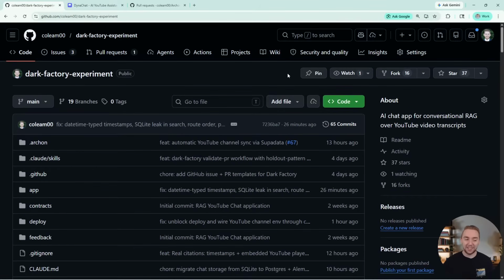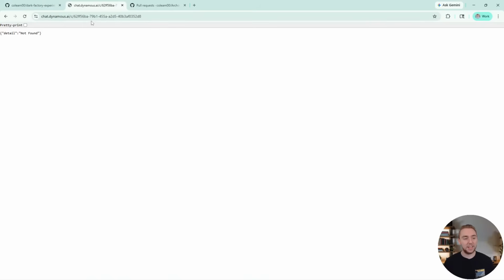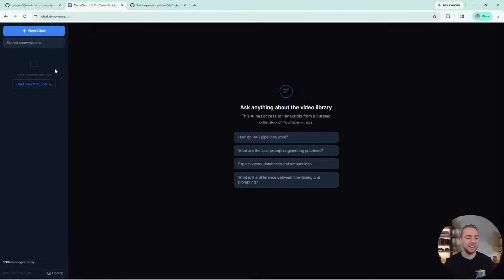I don't review any of the code that gets merged right into the main branch, and I am not doing any of the deployments. I have not written a single line of code in this repository. We're building out this application here, and I'm in the middle of building a bunch of things, so it's broken right now. But well, let's see.